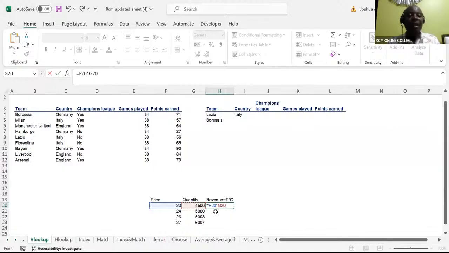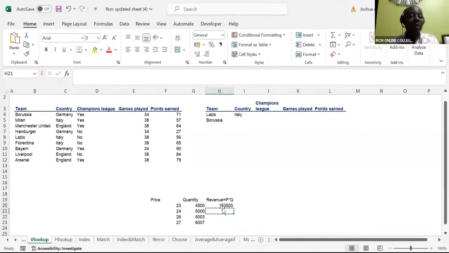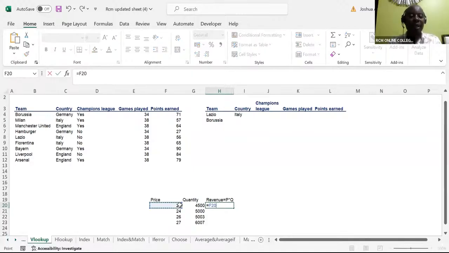But at the end of the day, I will have the cell down here being highlighted. So if I say just enter like that, you can see what is happening. I'm getting 103,500, but the cell which is being highlighted is lower, the second cell down there. In this case, I'll simply say equals, I take the price, and then I say times